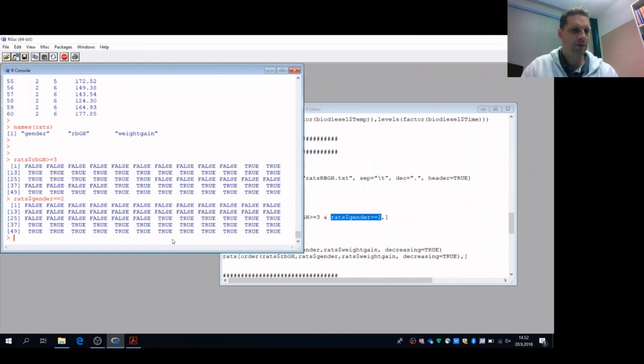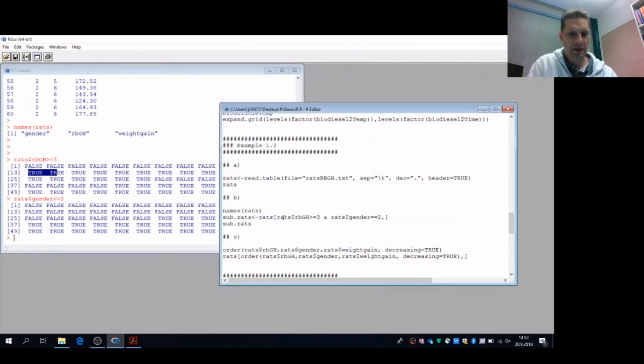And now we want to pick up only those observations, those rats, where the truth is happening in both of these cases. And this is